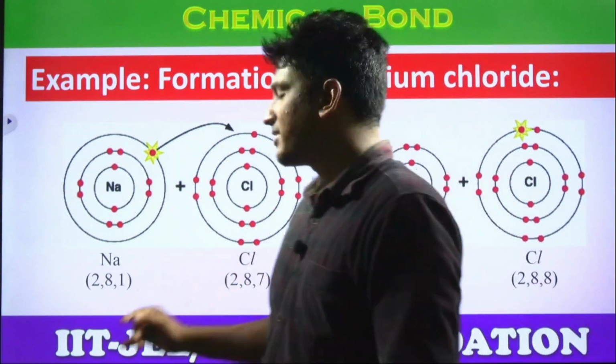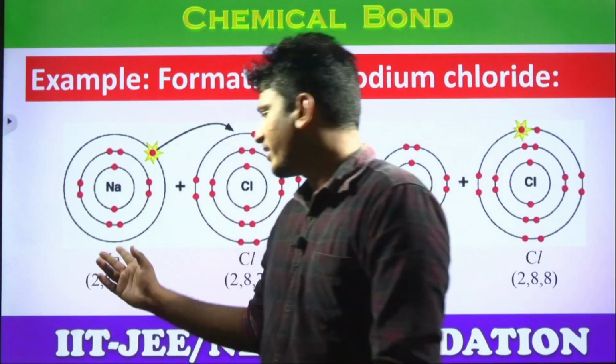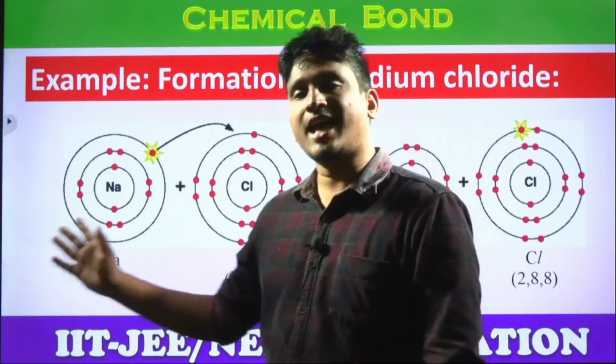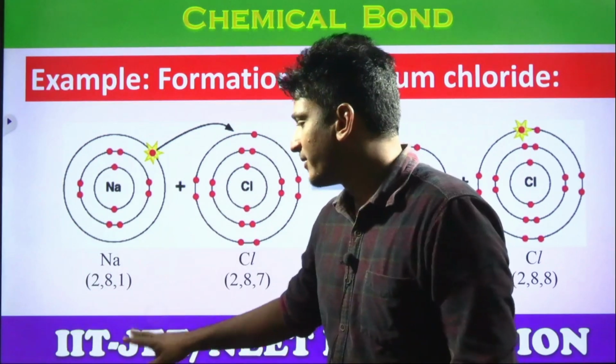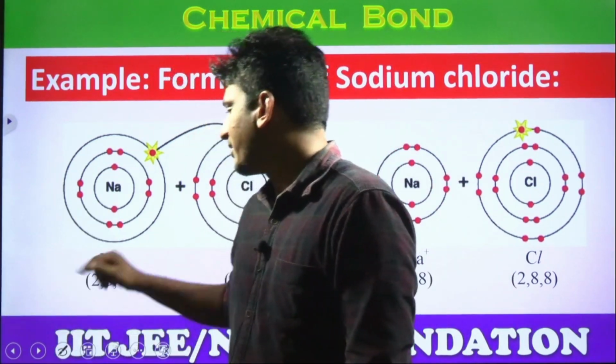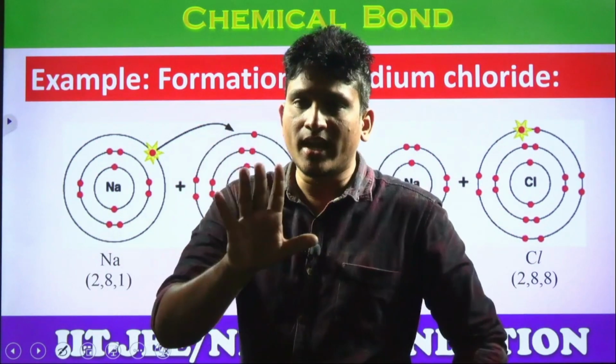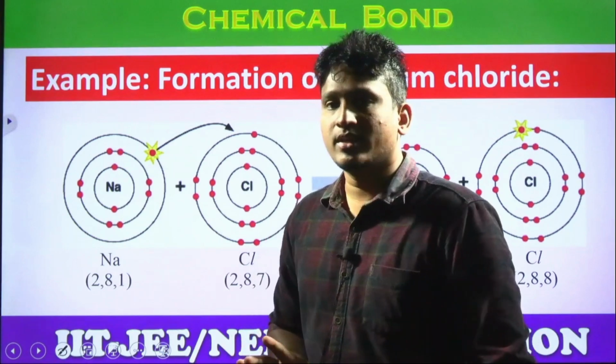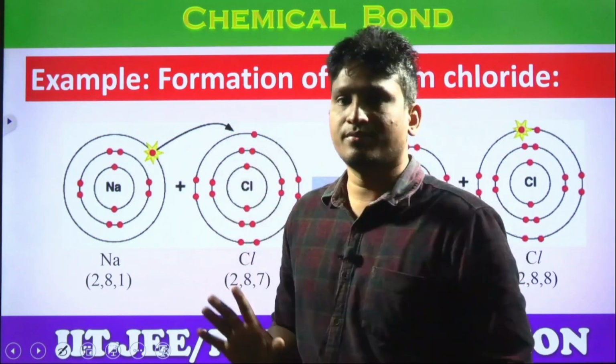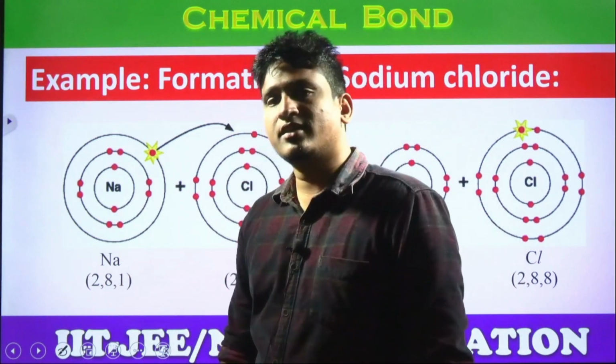Next, examples. Students, look at the examples. We have the sodium chloride example. Let us consider the atomic level. First, the sodium atom. What is the atomic number of sodium? 11. What is the configuration? 2, 8, 1. You already know that only valence electrons participate in the bonding in order to achieve noble gas configuration. Yes or no? So how many electrons are there in the valence shell?